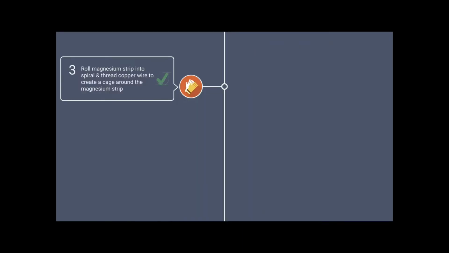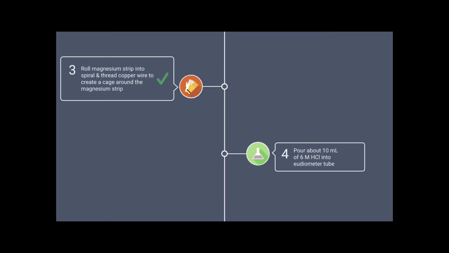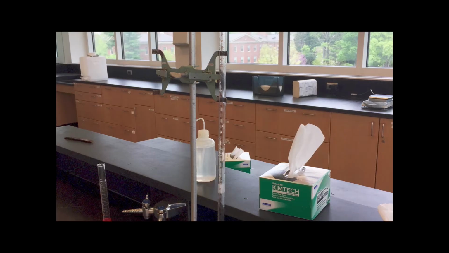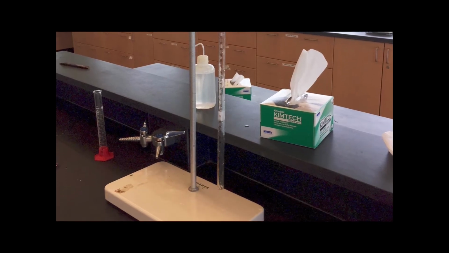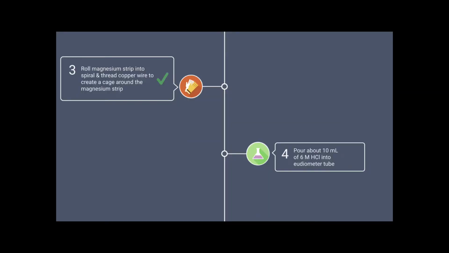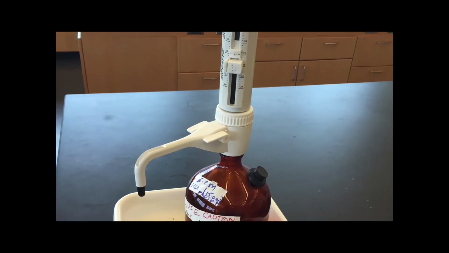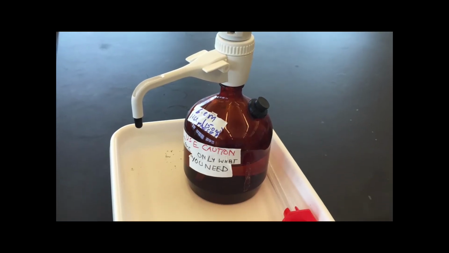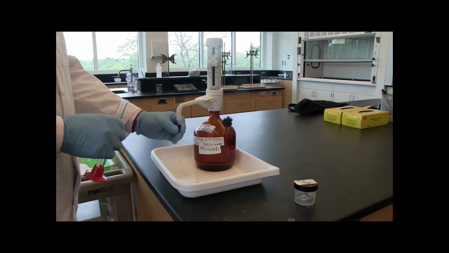Next, we want to pour about 10 milliliters of 6 molar HCl into a eudiometer tube, which is a big tube for measuring gas. Now, 6 molar HCl is some pretty strong stuff, so make sure you put on your gloves. To safely get 10 milliliters, we're going to use a Zipette bottle top dispenser that your teacher will help you with. The first step is to remove the top,